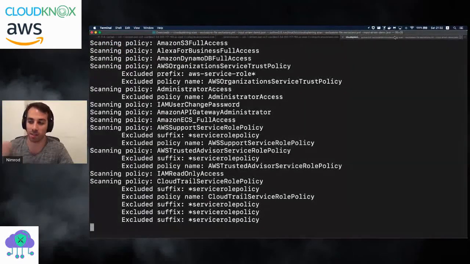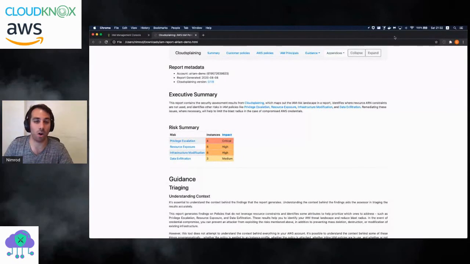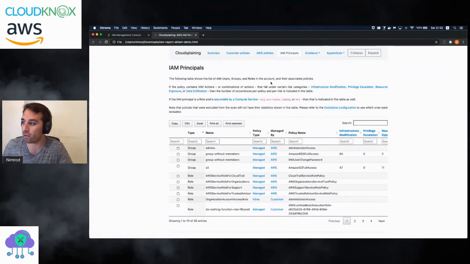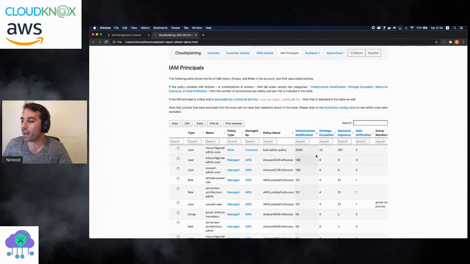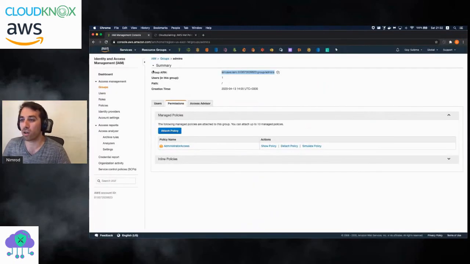So what it does is it scans all of the policies that are in the account, and it outputs a very detailed and rich report about all of the stuff that you can find in your account. You can actually go by the policies or by the principals, which is what I prefer, and just take a look, for example, who has access to infrastructure modification. So say the misconfigured admin user has, well, since he's a misconfigured admin user, he has all the bad stuff that he can. If we take a look at the misconfigured IAM user,